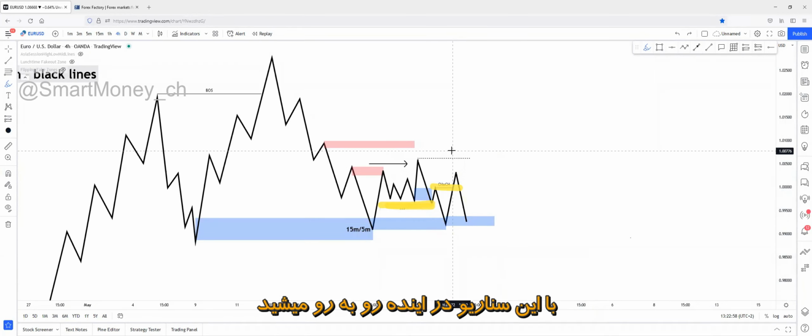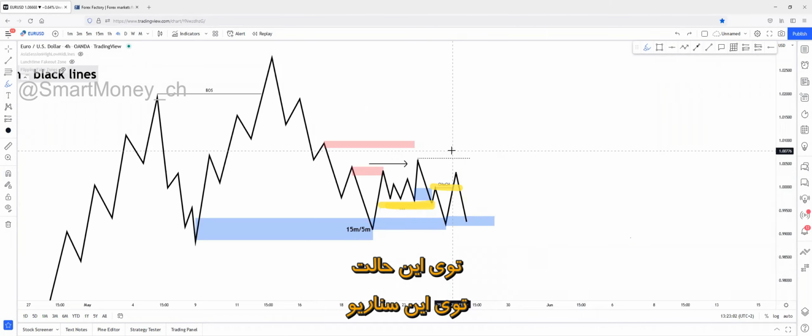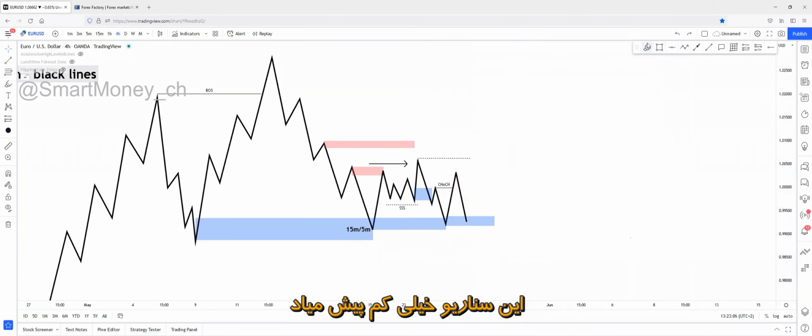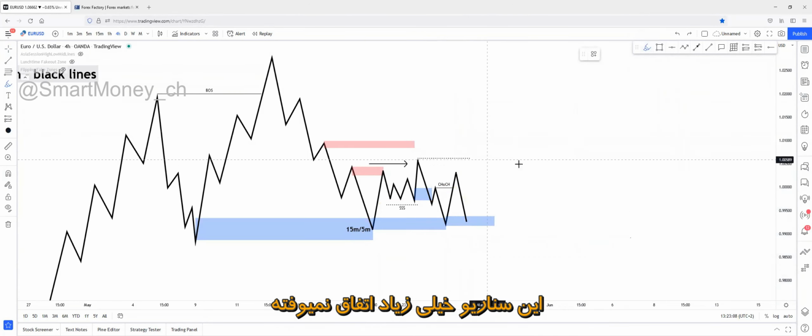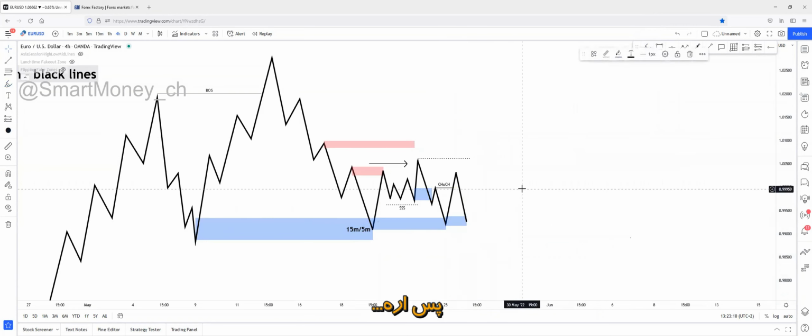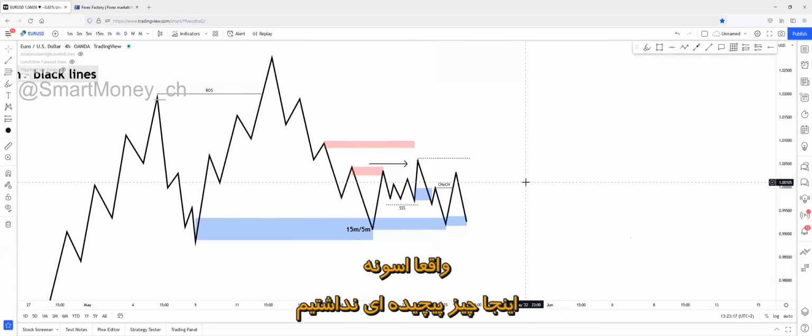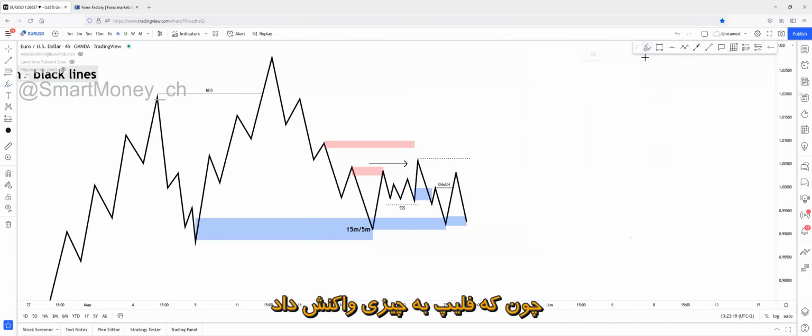You'll meet this scenario in the future, and you have to know what you should do in this scenario. But once again, these are really extreme and specific scenarios that don't happen very often. So yeah, but this is how you can make a difference between a flip and a change of character. And it's really easy. There's nothing complicated in this, because a flip has to react on something.